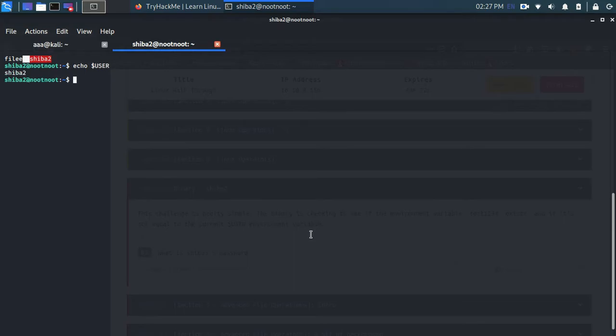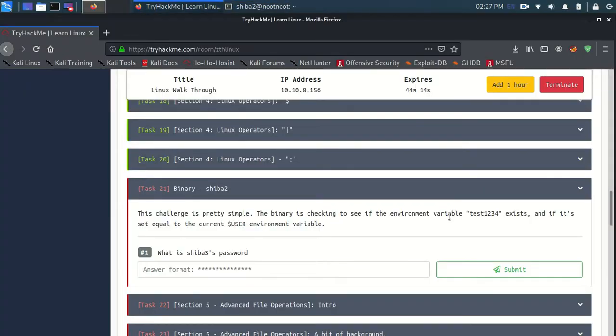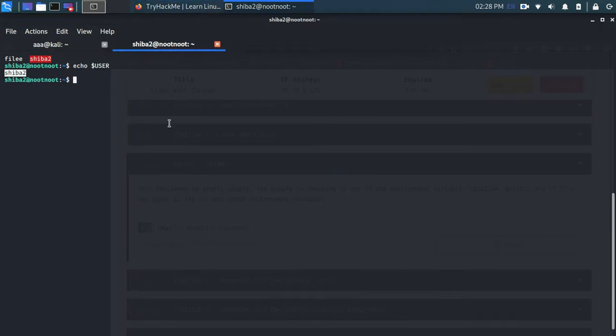The value of this environment variable is Shiba2, and now we need to check if the environment variable exists and if it's equal to that or not. So let's firstly make the environment variable. So touch dollar, and the name is test1234.